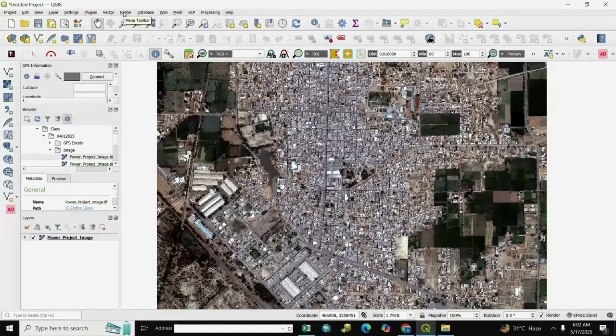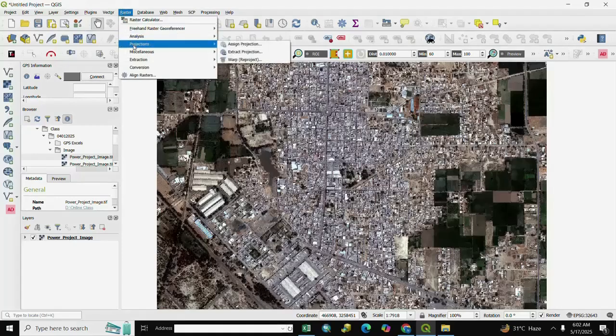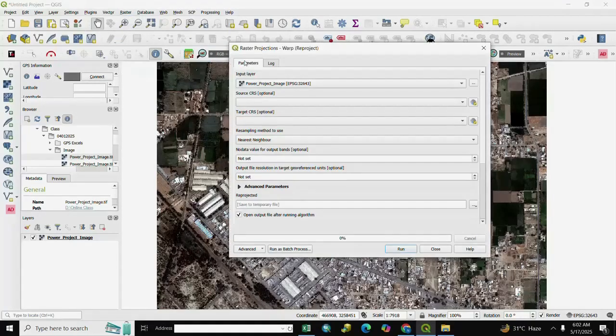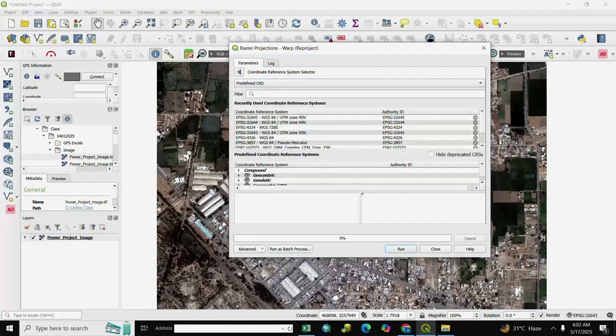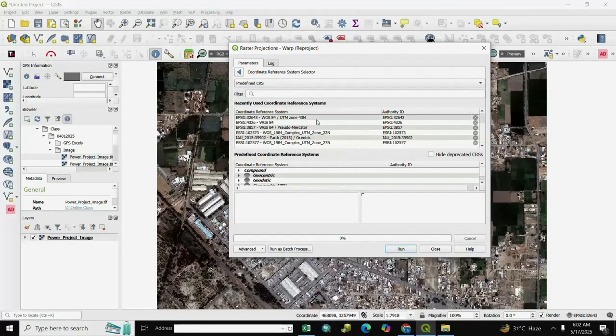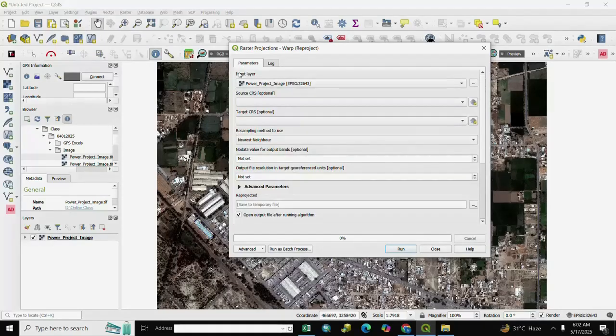for reprojection you go to Raster, Projection and Reproject, and you select the input file, and here is the CRS. You select the input raster projection. Here is the raster input projection, and after it you select the target.